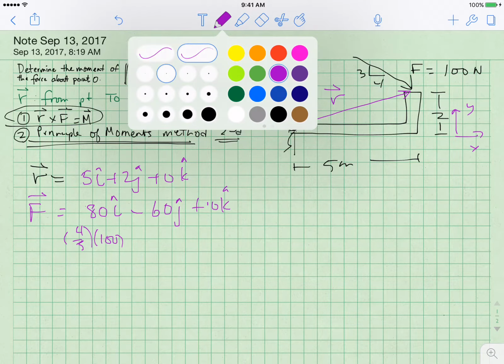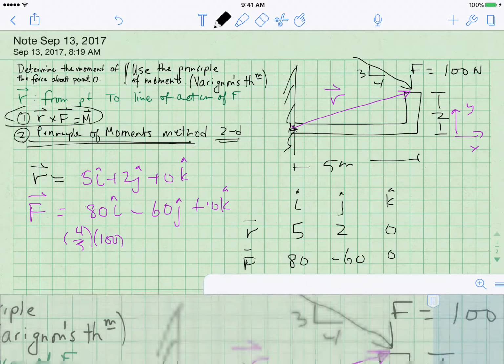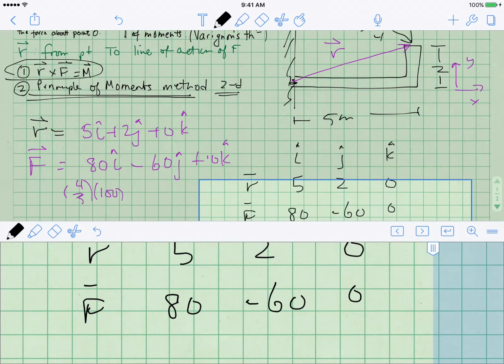So now, what I want to do is calculate r cross f by doing the determinant. So what we do is we write i, j, k. We write our r vector and our f vector. R is 5, we have a 2, and we have a 0. We have an 80, a minus 60, and a 0. So now, if I do r cross f,